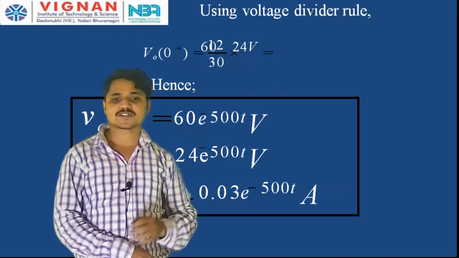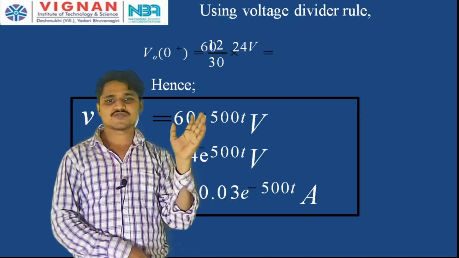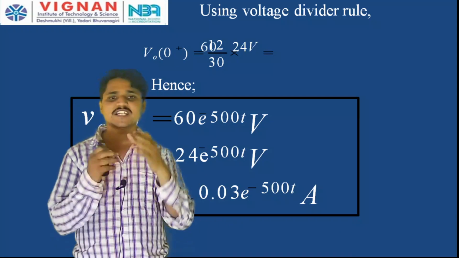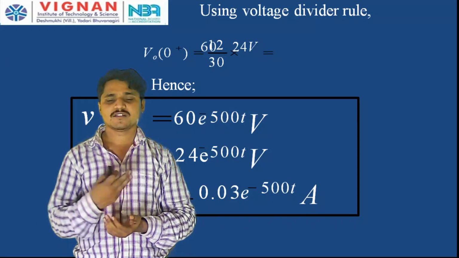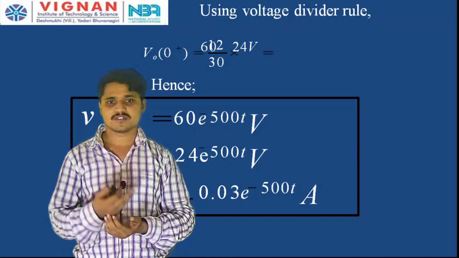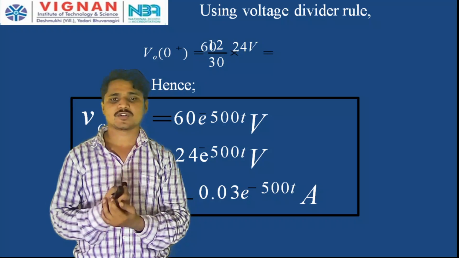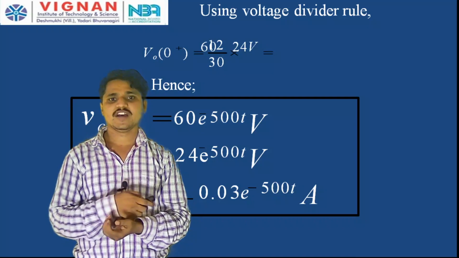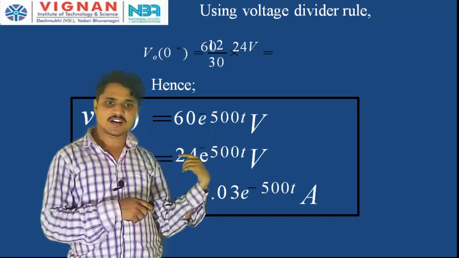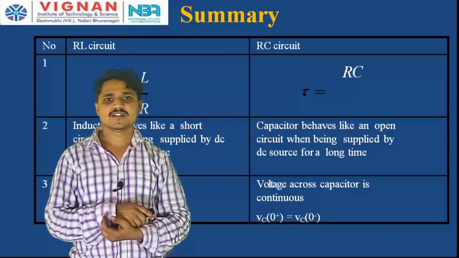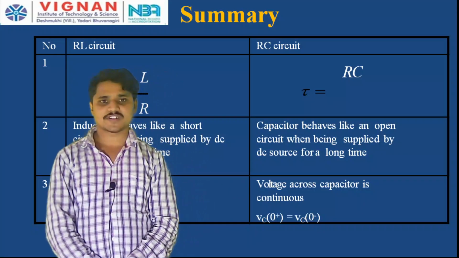So, the current flowing through the capacitor is also decreasing exponentially the moment you move the switch from A to B position. See, this is what transient problems are. Transient problems are very time-taking and very important, and somewhat difficult to understand, but once you understand, you can easily follow them. So, this is the given problem. We have solved Vc of t, V naught of t and Ic of t. Now, let us summarize the natural response of RL and RC circuits.